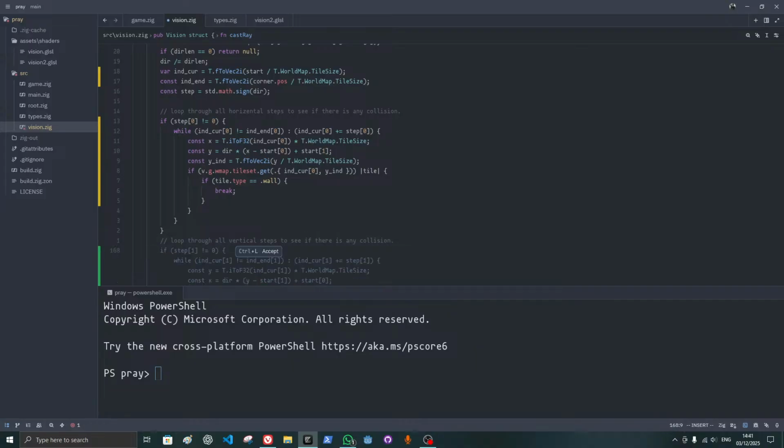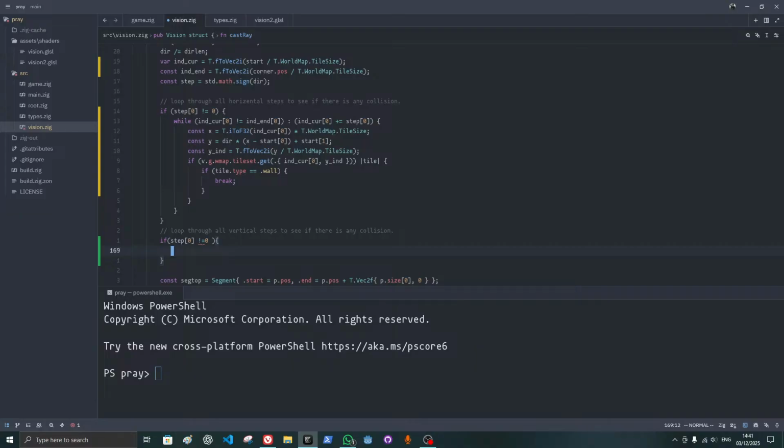Now we do this similar thing here. Step 0 is not equal to 0. I have a feeling this is really bad. I don't know why. I will have to check. Maybe there are some YouTube videos that explain this algorithm and I can just